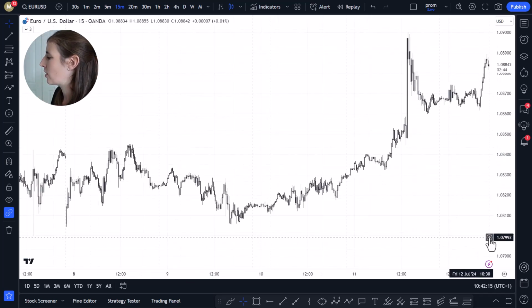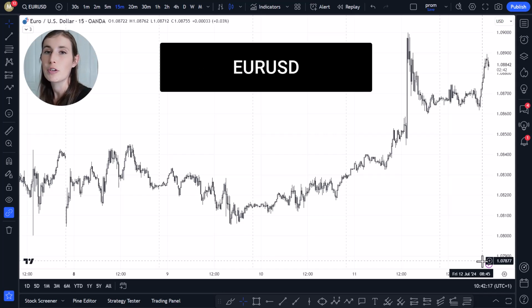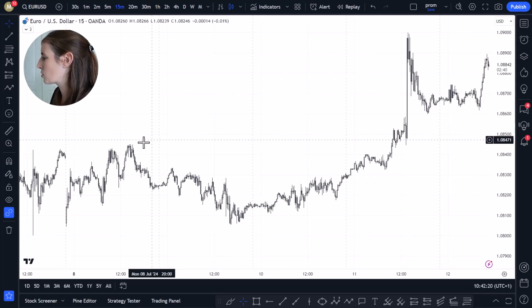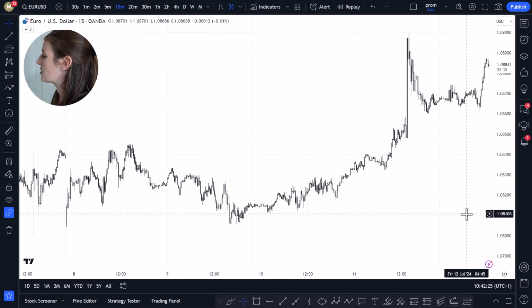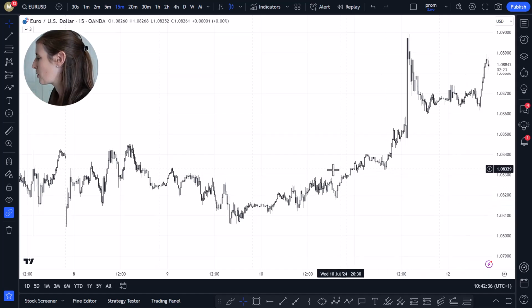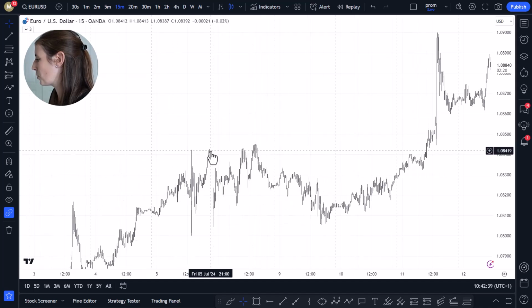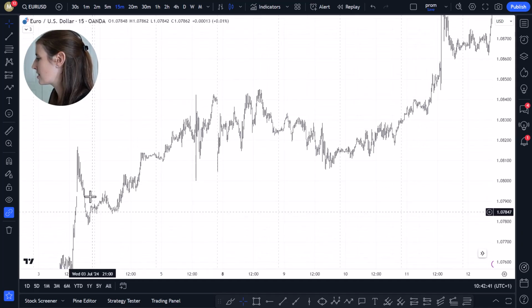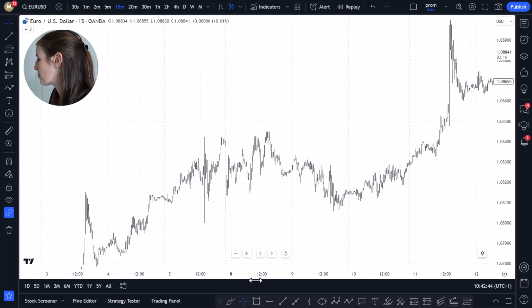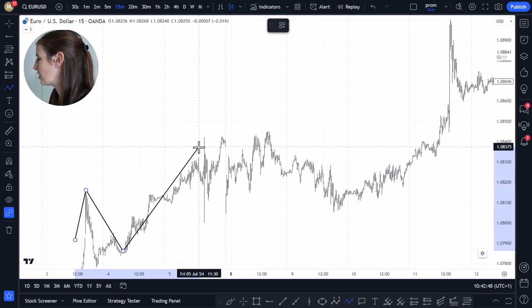So I've zoomed out here on the 15-minute time frame for Euro USD so that you can see each individual day this week, starting on Monday the 8th of July. Now this week I've been trading Euro USD and I have found it quite challenging, and that's because at the beginning of the week the market phase has been indeed ranging, and so there's been no volume, there's been no momentum. But how did I know that it's been ranging? Well, quite simply, I just zoomed out before the Monday and had a look, and you can see that we had been coming up